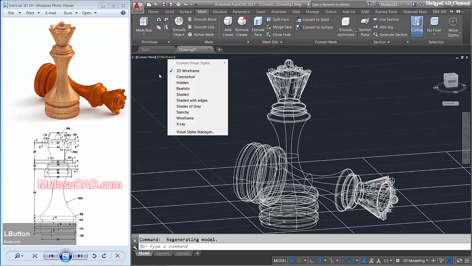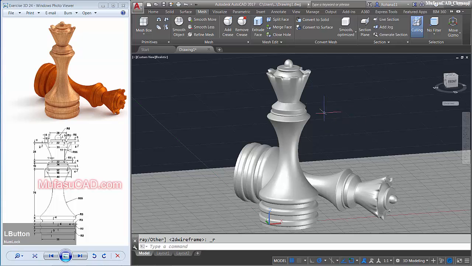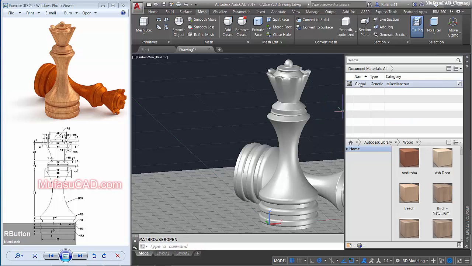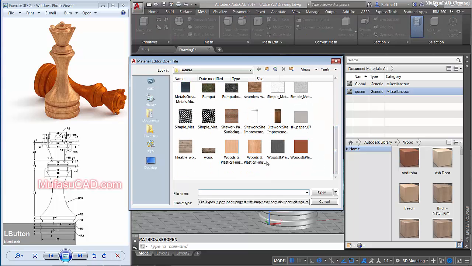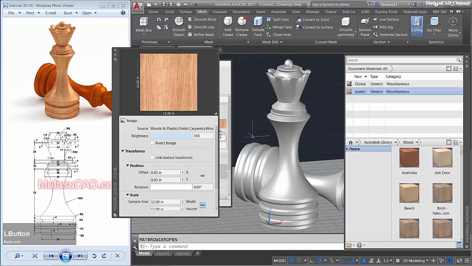First I will change into realistic view, type RMAT to open the material browser, right click in global, duplicate. I will give the name queen. Okay, select this material and I will use an image. You can get this image from our site, and I will change the sample size into 60, close.